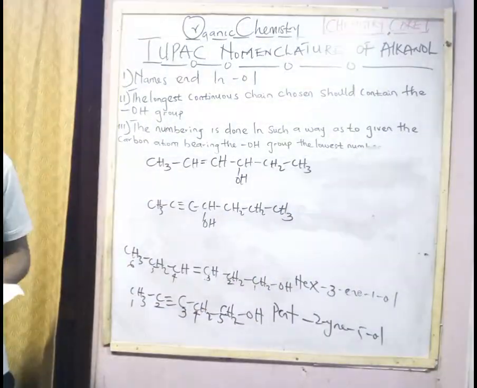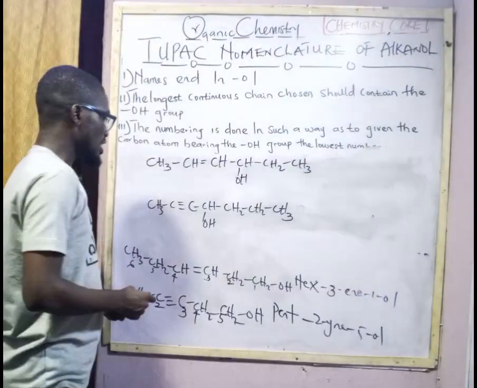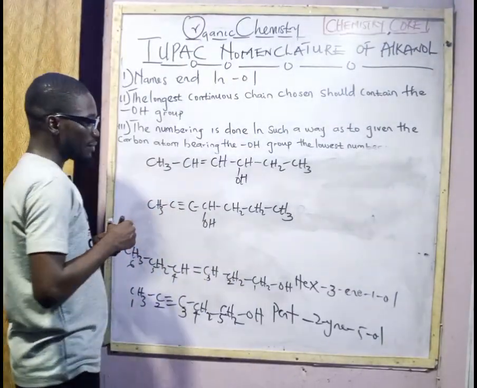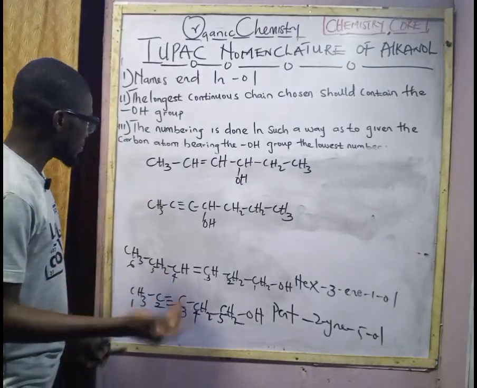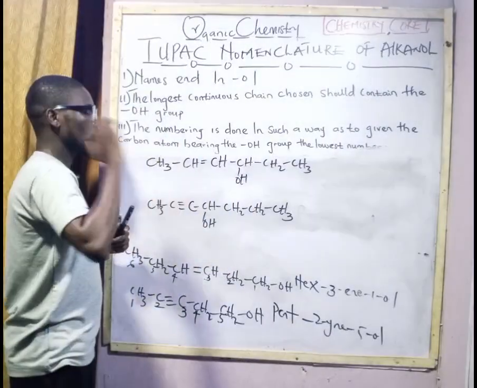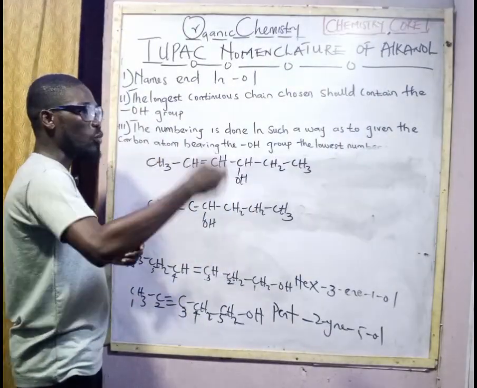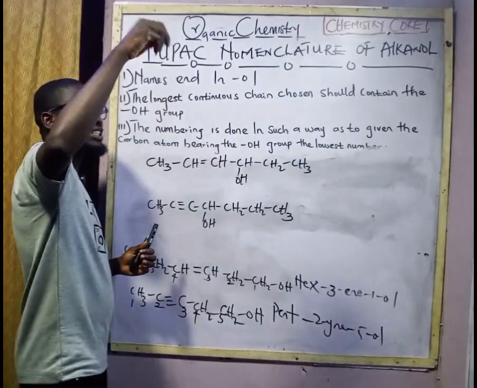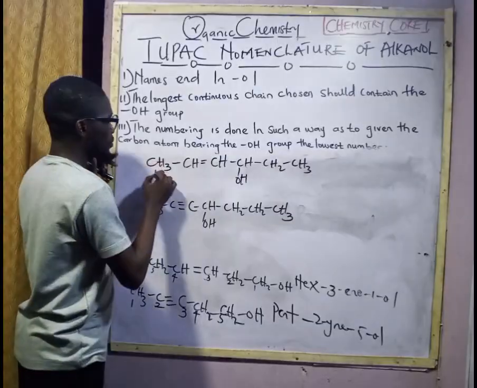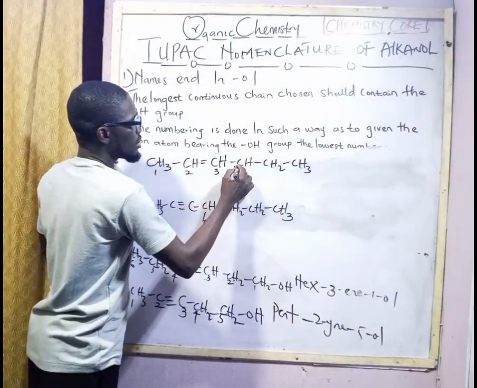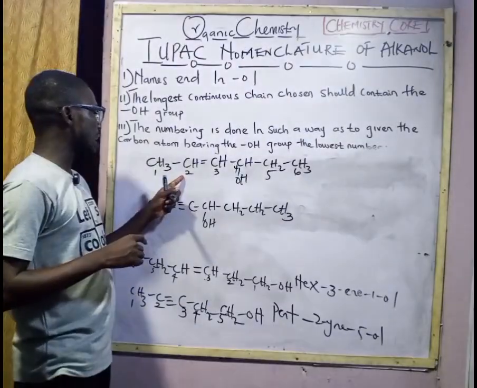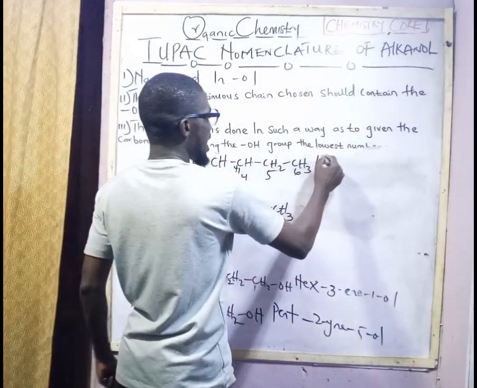Now, let's name this compound. Guys, we are done with this, but let's take a look at this now, guys, and this. So now we have named at least 7 compounds. So guys, 1, 2, 3, 4, 5, 6. According to the rules, don't forget, irrespective of where the functional group is placed, the double bond number will appear first, and the lowest number will come from the double bond. So you can say we have 1, 2, 3, 4, 5, 6. And the number here is what, guys? 2. So we can say hexa